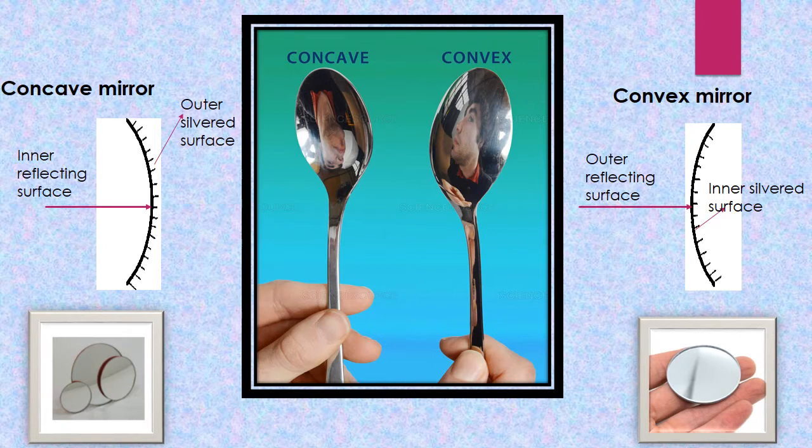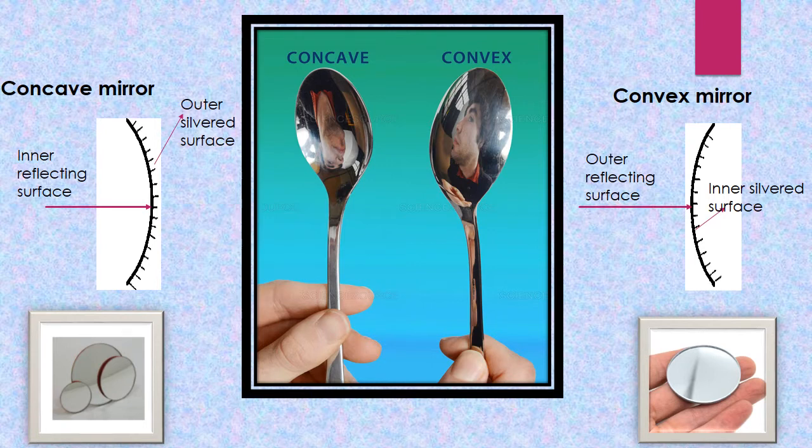You have gone through concave and convex mirrors in your lower classes. Just recall, what is a concave mirror? Look at the figure there. If light falls on the reflecting surface which is curved inward, it is said to be a concave mirror. Mirrors always work on the principle of reflection. So light falls on the reflecting surface that is curved inward here, and the outer silvered surface is on the other side.